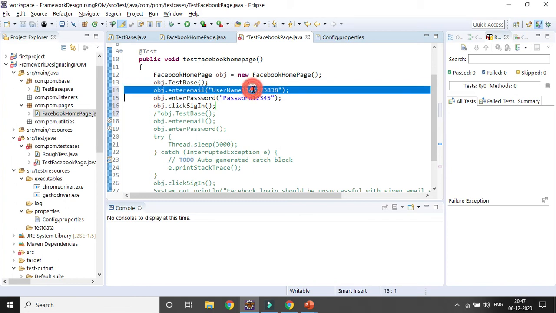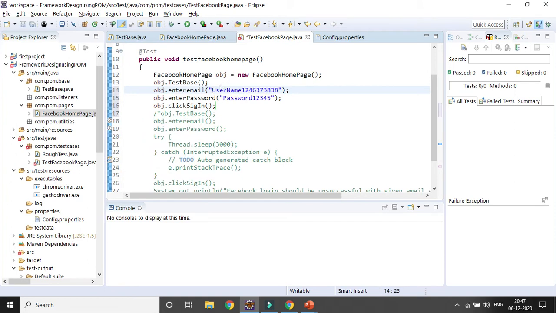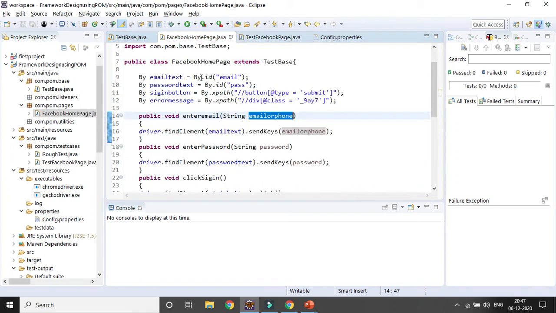Then enter ID, email ID, I am entering the emails. I have created a method where I am providing some input. That is the reason in the test case I have to give my username and password, as it is not hard coded in the home page class. So in the test case level, I am changing it.